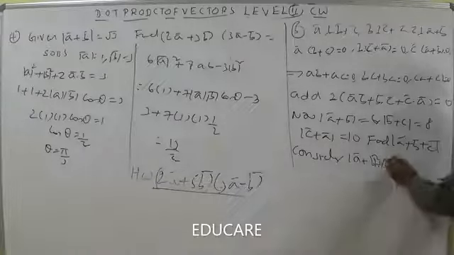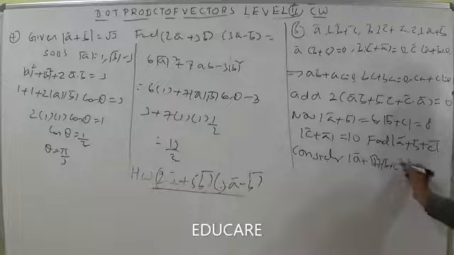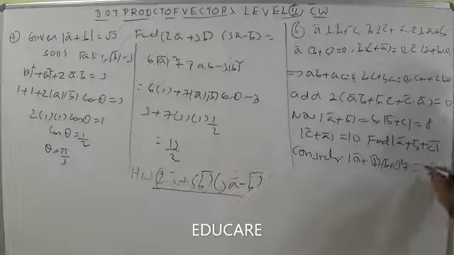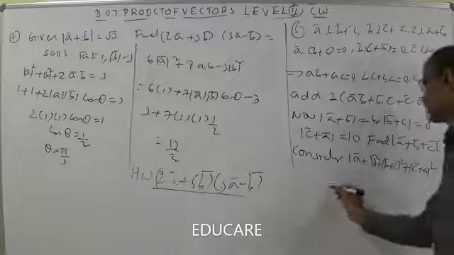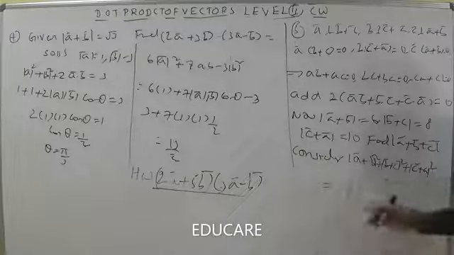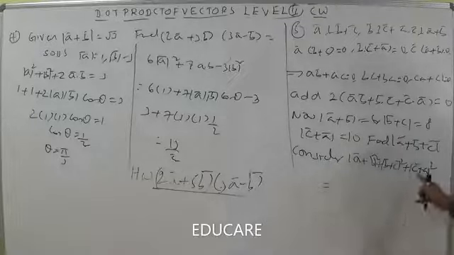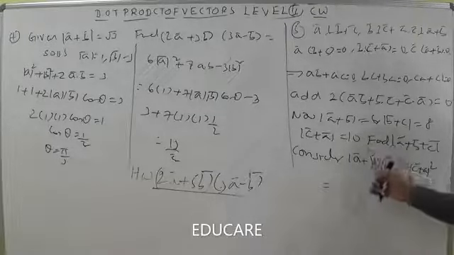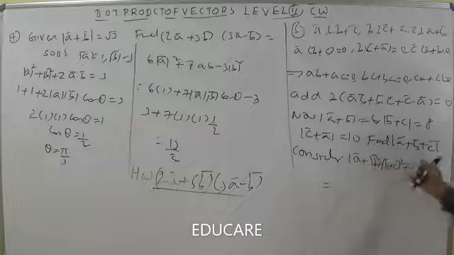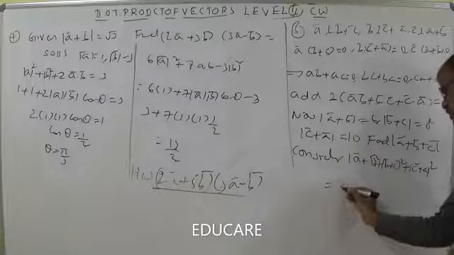(a bar + b bar)² + (b bar + c bar)² + (c bar + a bar)². Now you can write: |a|² + |b|² + 2ab, |b|² + |c|² + 2bc, |c|² + |a|² + 2ca. So |a|² + |b|² + |b|² + |c|², like that, it becomes